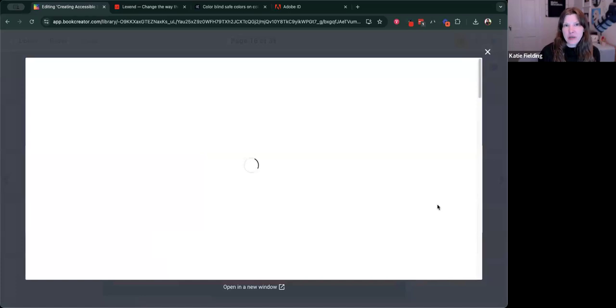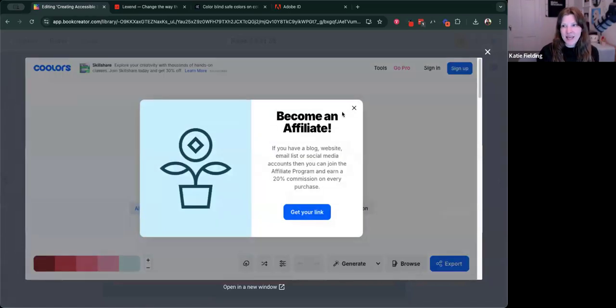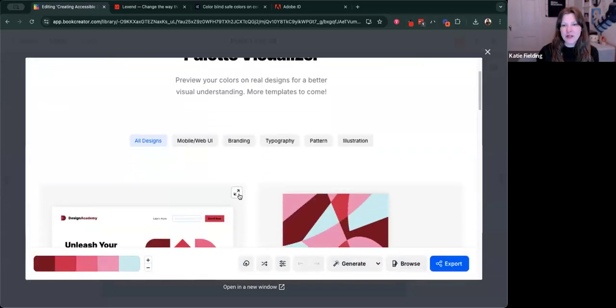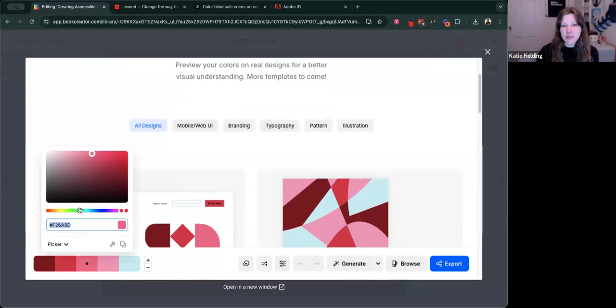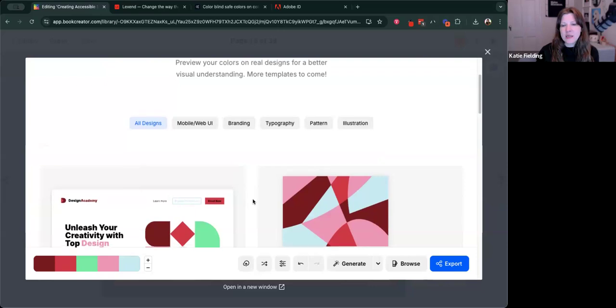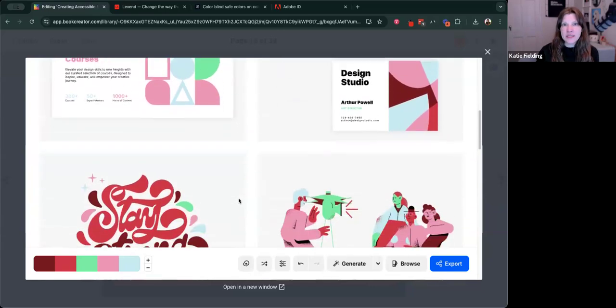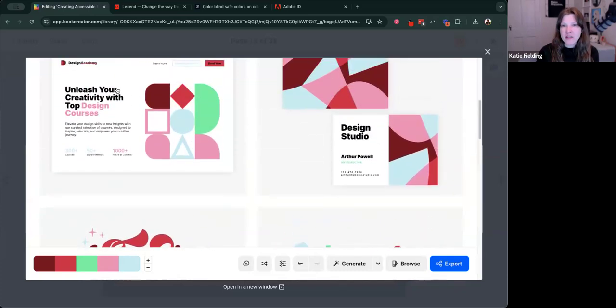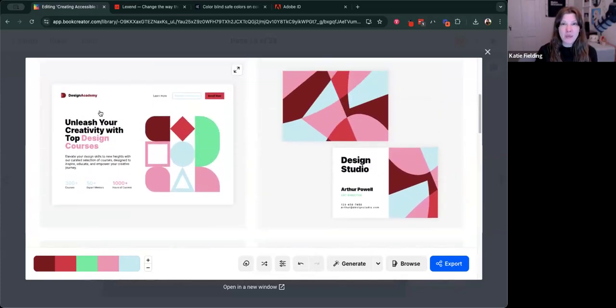And this is another really great color palette website. They have this tool called the Palette Visualizer. So once you pick your colors, you can see what it will look like in different design experiences. So if you're making graphics or if you're making a web page,